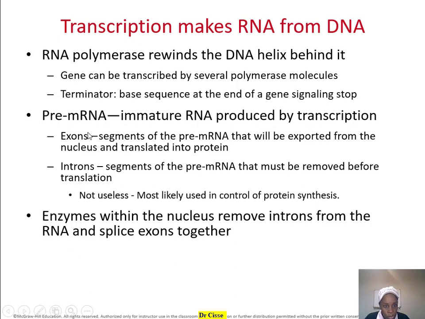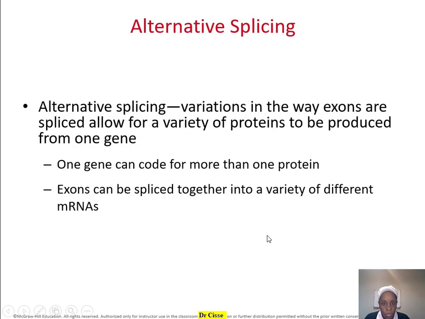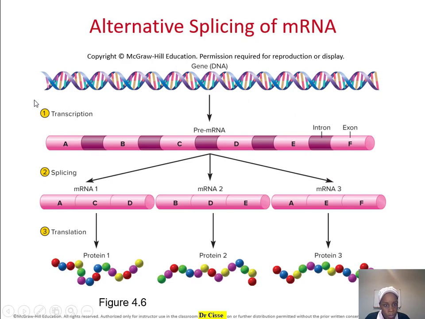Now, the way to remember this, the exons are the ones that are expressed. They're the ones that we use. The introns are removed between them. So that's why we have alternative splicing. We have to cut the pre-mRNA, removing all the introns to keep the exons and put them together in different combinations to produce